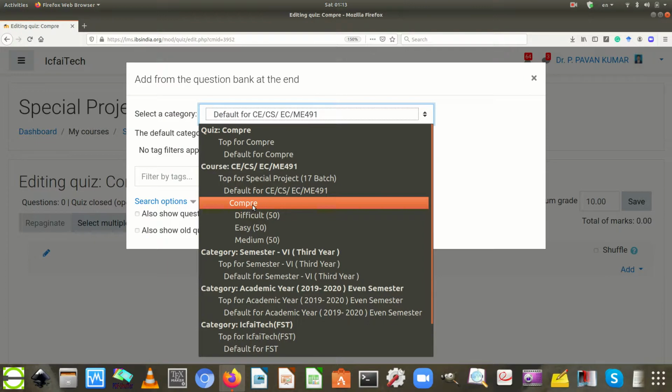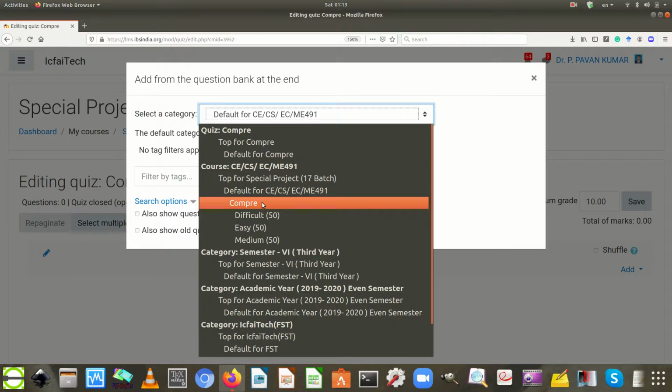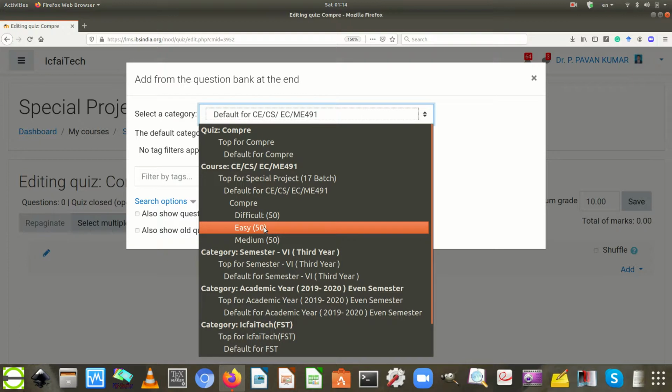In this case, the activity name is Compre. So that's why the parent category name is Compre, and in this activity, the user can add some questions from the difficult category, some questions from the easy category and some questions from the medium category.